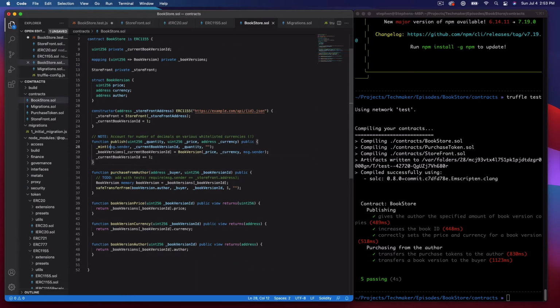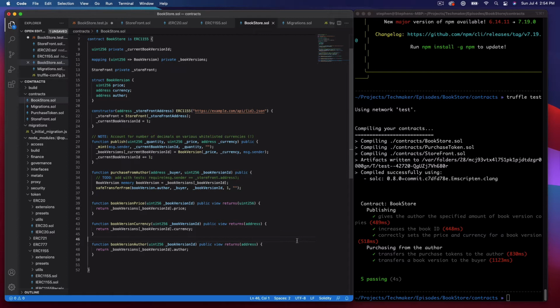Because basically what I want to try to do is call this purchase from author with an address that I'm going to hard code. Then I'm going to pass in the ID 1. And we don't want it to fail when we try to look up the book or anything like that. We want it to try to execute, and we want to prove that it doesn't work. Specifically, what we want to do is prove that it fails where we want it to fail. So we don't want it to fail for other reasons. We want it to fail because